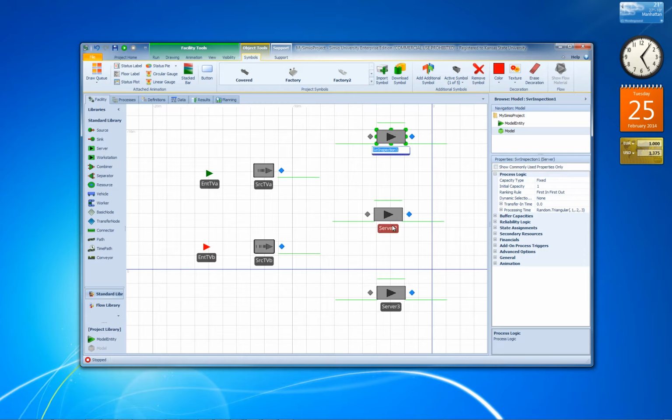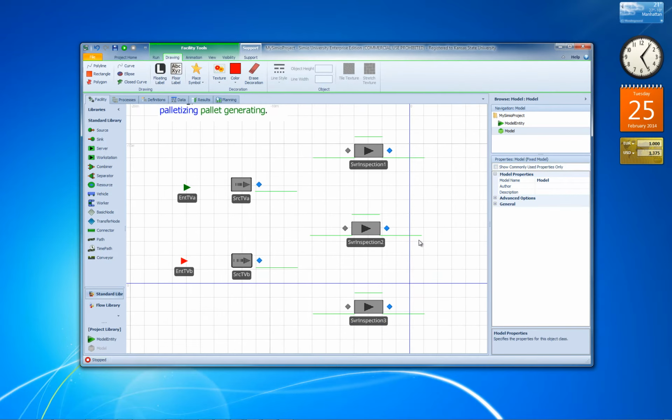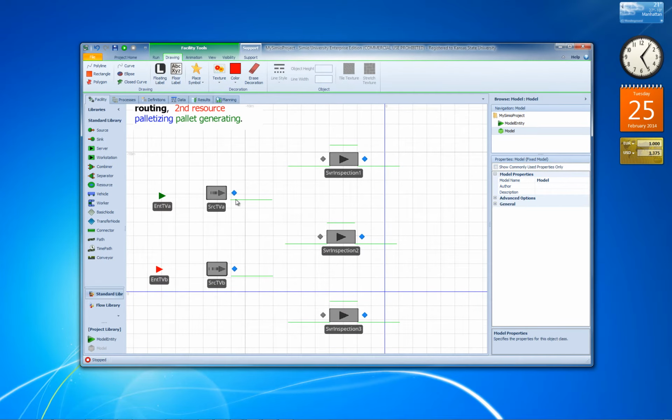Can call them a similar name over here. Okay, each one of them has a different and also the